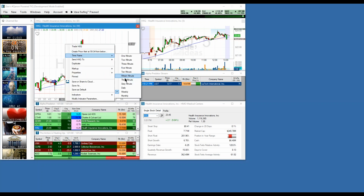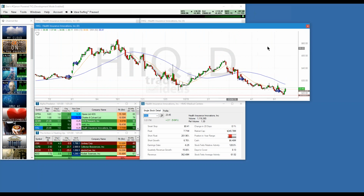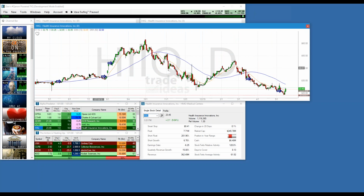And again, if you go back to daily, I just want to make sure you guys understand that from a swing perspective, right here, you're getting in last May, a year ago, at 29, right around 29.40. It went as high as 35 in a week. That's very, very strong. There was another buy signal if you were still in it at 33, and then it went,